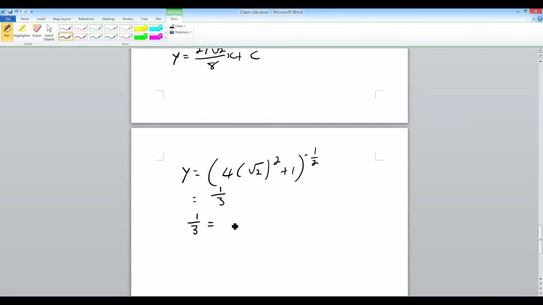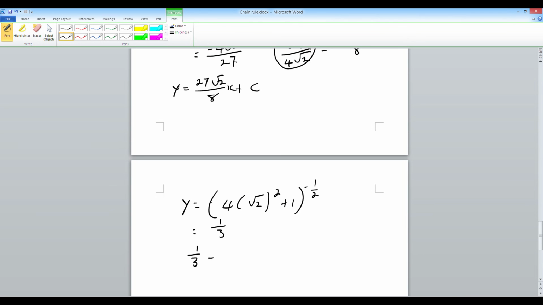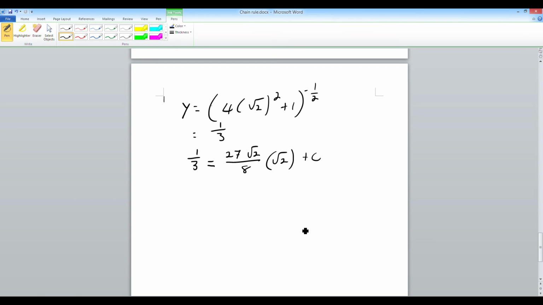So of course I want to find the equation of the normal, so I'm going to use my normal equation here. Y is equal to 27 root 2 over 8 multiplied with my x value, which is root 2, plus c. Now if I want to simplify this, of course, root 2 multiplied with root 2 becomes 2, times 27 becomes 54 over 8, so let's go and write it out. A third is equal to 54 over 8 plus c. So this addition on the other side will become subtraction, so I'm going to say negative 77 over 12